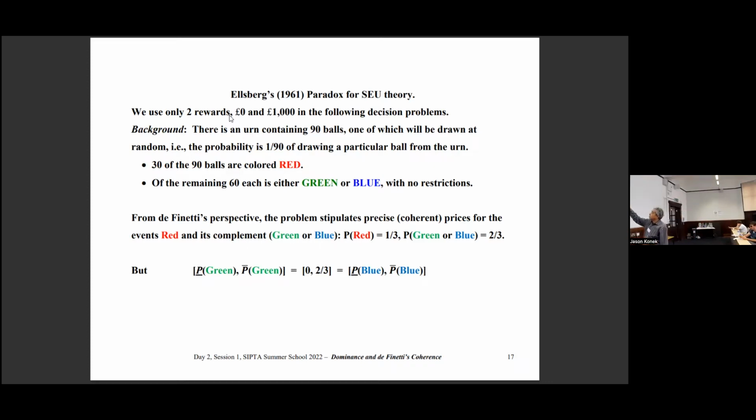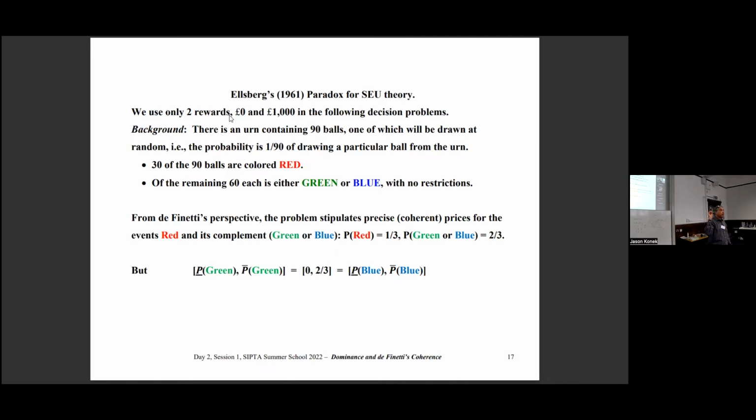So the idea is we have an urn. If you've not seen this, let me try and sketch it slow enough so that it makes sense. If you've seen it, then don't worry. We've got an urn which has 90 balls, each of which is colored one of 3 colors: red, green, or blue. Exactly 1/3 of the balls in the urn are red, and a ball will be drawn from the